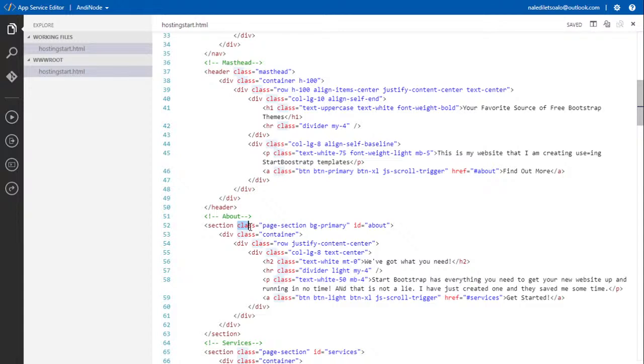And the class is just where you're declaring where you could find that feature. So class is the grouping, and in Bootstrap you have different classes. In this one, this page section is in the style sheet, not so much in this particular one. But okay, the ID is about, so I kind of figure my way around, and a div.